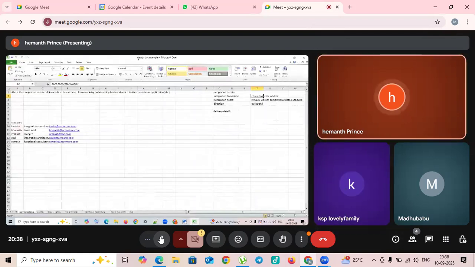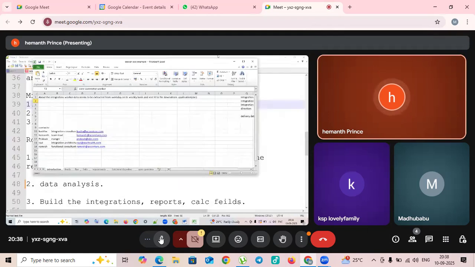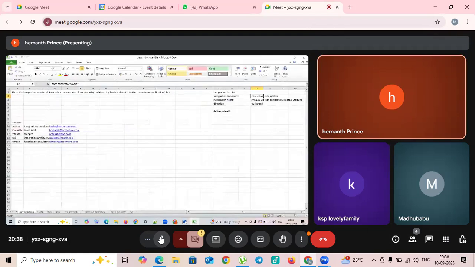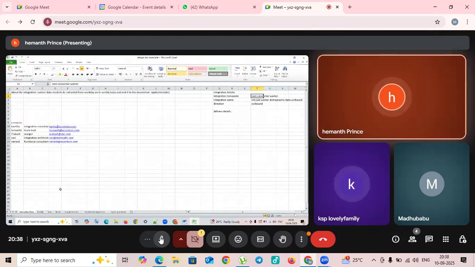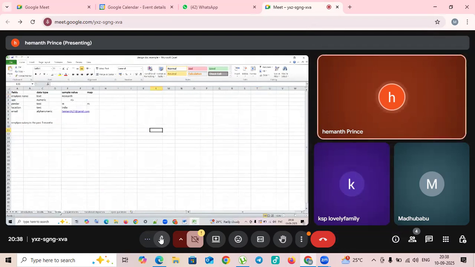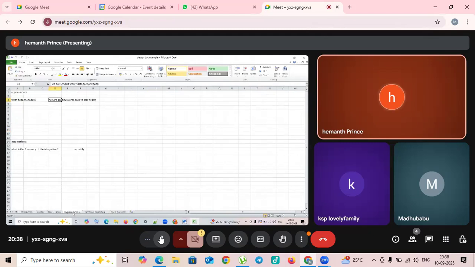Okay, we call it a design document. Whatever it may be, in this document we'll have all this data: all the contacts that are involved in this project, what fields need to be built in our integration, and what the requirements are. If they need any filter conditions or any sorting, we'll record everything in this design